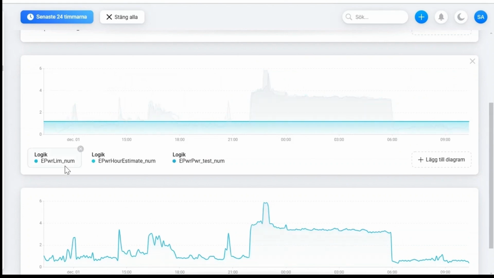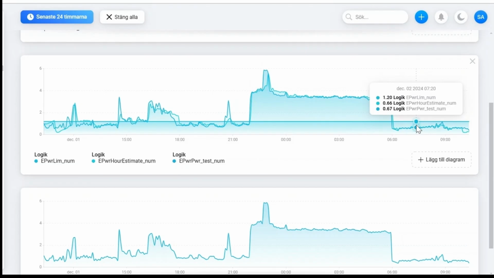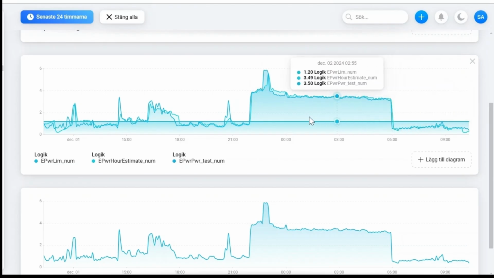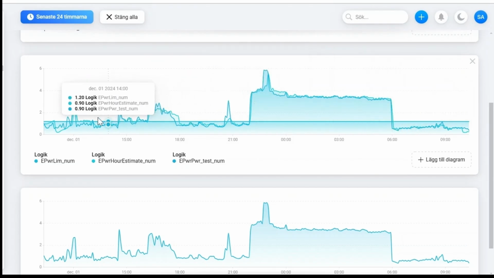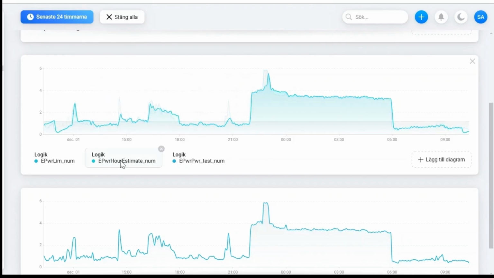And here you see this limit. I just took a random one, which is now 1.2 here, to show you, because I don't have this system yet in my electrical company. So anyway, this is then the estimate. I estimate the whole time, every minute, the power for the hour to be,